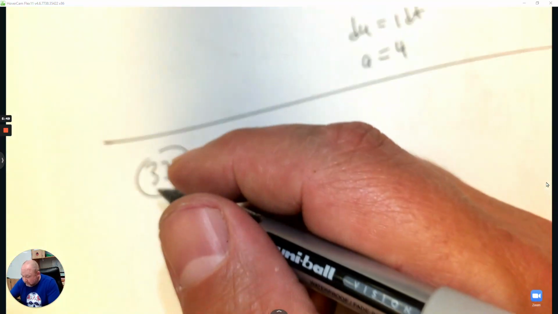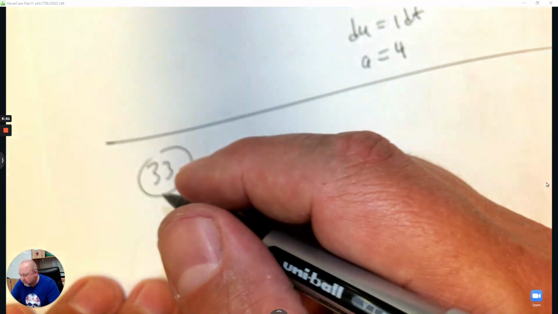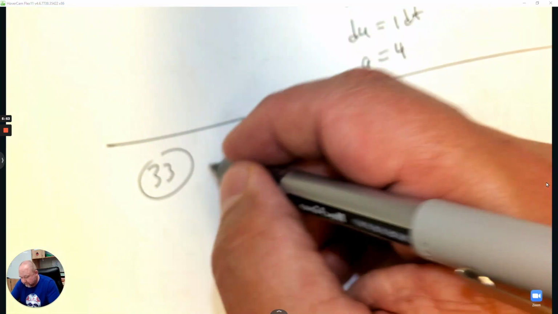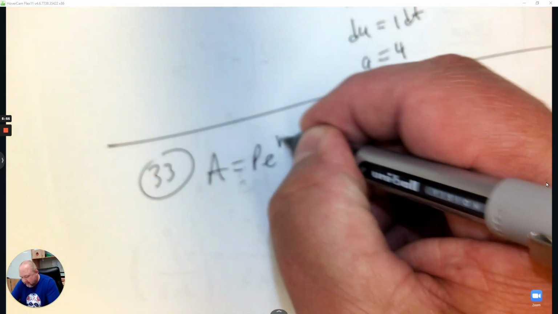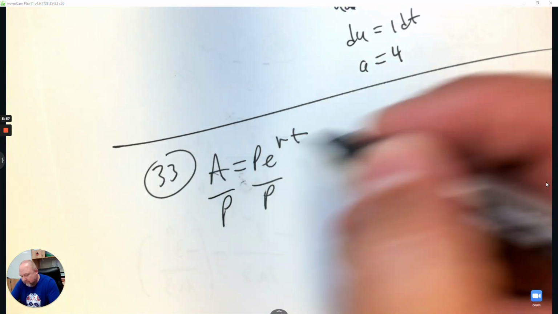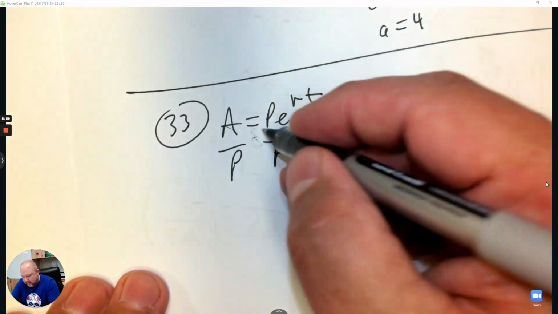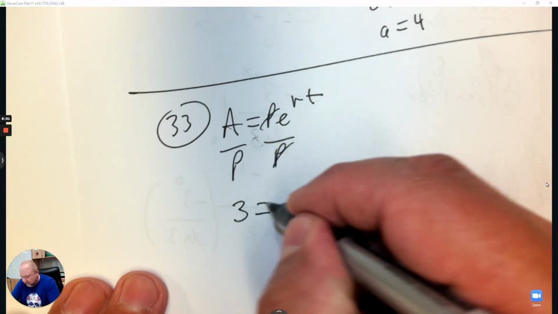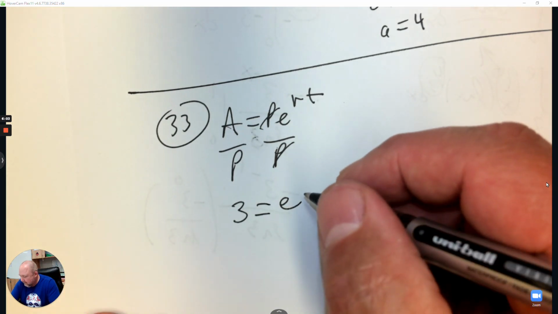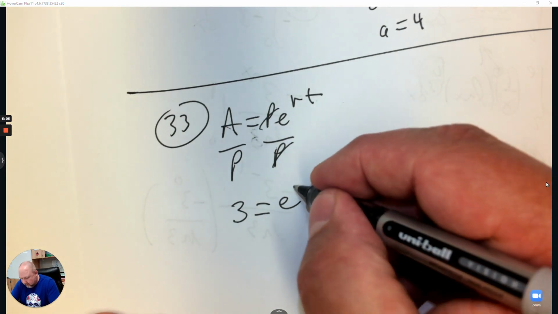What we don't practice, we're going to forget. What interest rate would be required for a savings account to triple? So you have A equals P times e to the RT. When I divide by P, A divided by P, if I'm tripling, that answer is going to be 3. And it says what interest rate? So I'm looking for R,